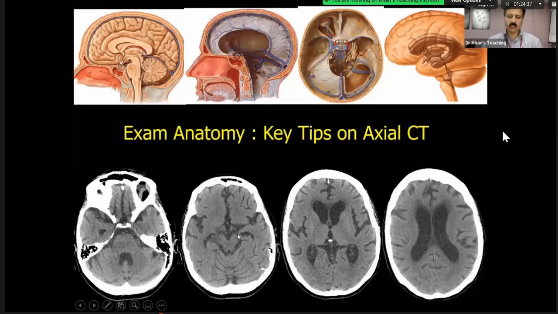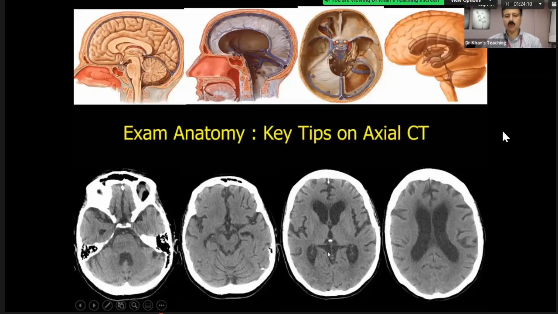The posterior cerebral artery, PCA, passes through the ambient cistern. And that is why when there is transtentorial herniation, it can be compressed, and in an exam case, there will be an infarction of the occipital lobe. Infarctions can be on the same side, can also be on the contralateral side because this midbrain is going to be compressed. So if you don't know this anatomy, you are not going to pick that up.